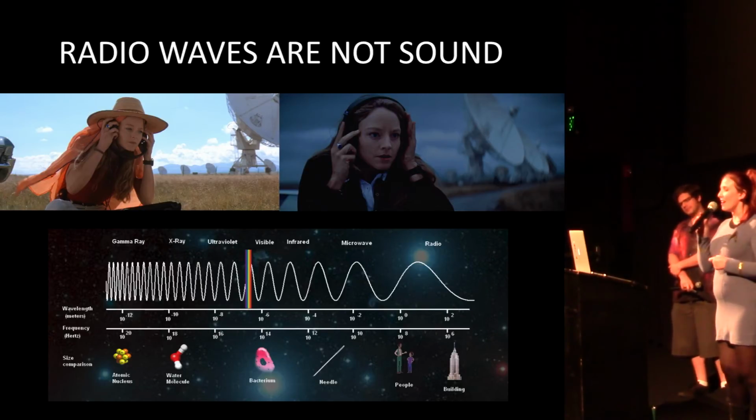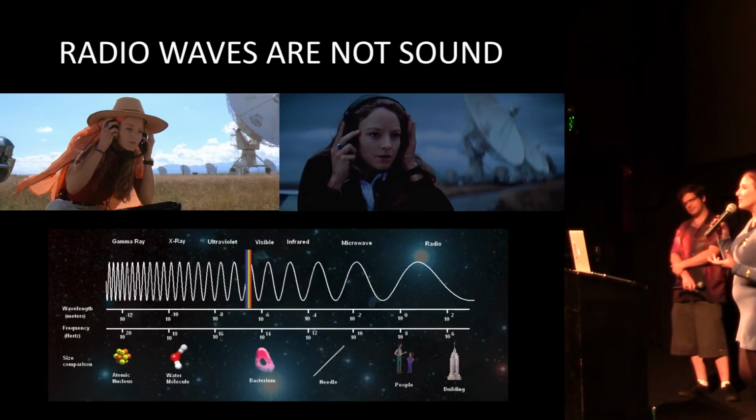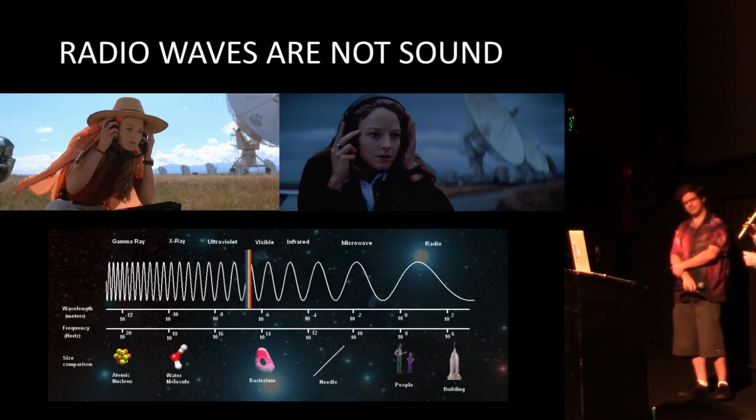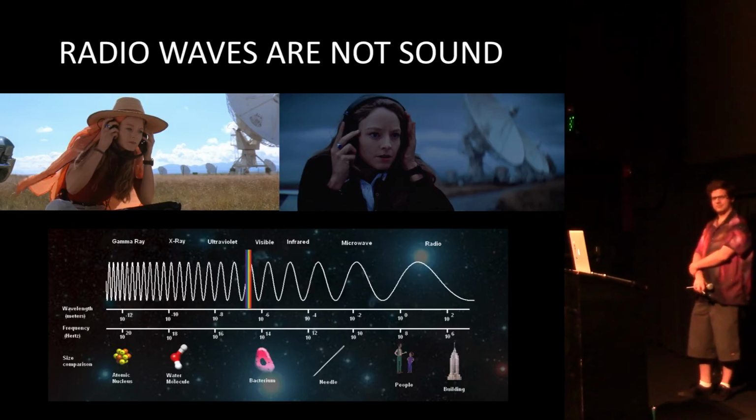So they do have frequency, so you can turn it into a sound if you want to, but 57.7 megahertz is not in the range you can hear. So what they're transmitting is not the sound itself, it's an FM radio signal. So unless all of these enemy ships have an FM radio tuned to 57.7 megahertz,